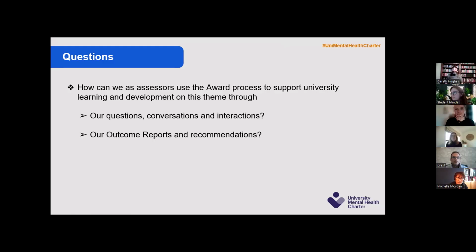I hope you've had profitable and useful conversations. It would be really good to get a sense, first of all, of your overall conversations about student integration and belonging, if you had conversations about what you're seeing, what you're experiencing, what your thoughts are about it generally. And then we'll come on to what the award process can do to support universities with this. So does anybody want to feed into that first, in terms of what your overall conversation was?